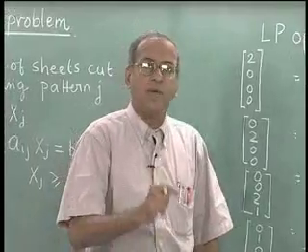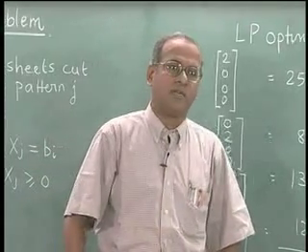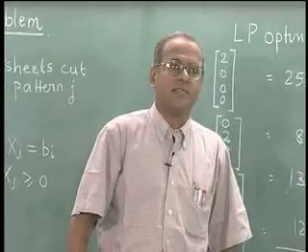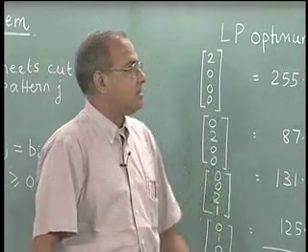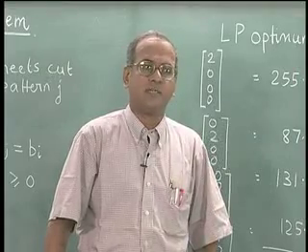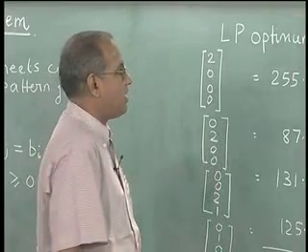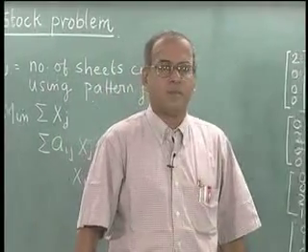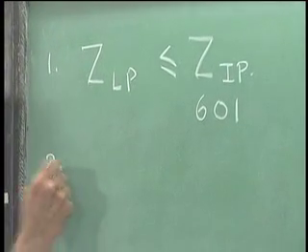Also, if we are able to get a feasible solution to the integer programming problem with 601 sheets, then it is optimal to the IP, because 601 is a lower bound to the integer programming problem. So, if we are able to get a solution with 601, then we have got the optimal solution. Second thing that we can say is that,